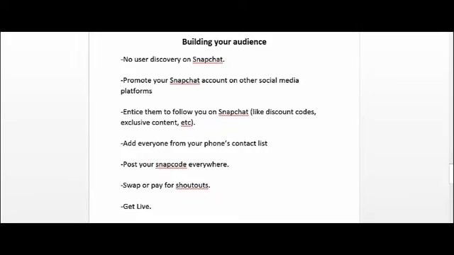Okay, you got to try to promote your Snapchat account on other social media platforms and also try to add everyone from your phone's contact list when you first start out. That way, a lot of them will also add you to their Snapchat account. Okay, and when you try to get people to follow you on Snapchat, you have to give them a good reason to follow you. So, for example, you have to offer discount codes or exclusive content that